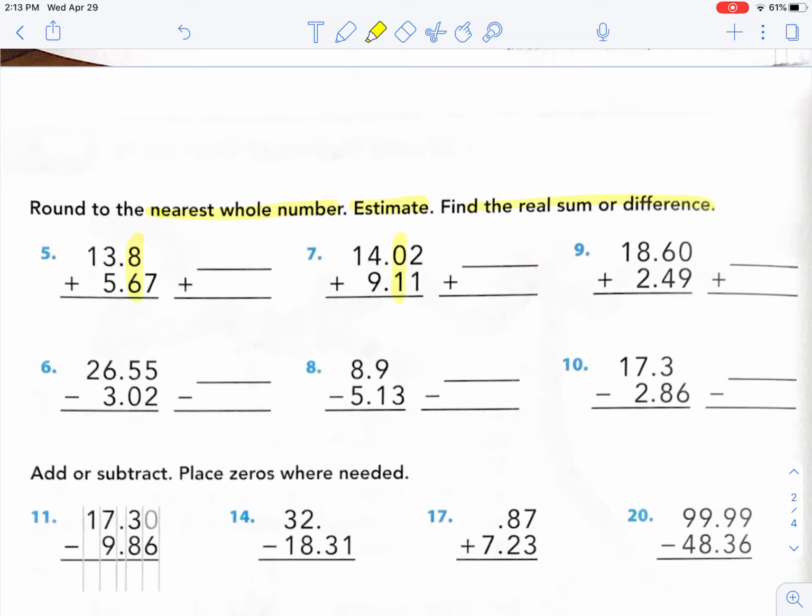Okay? Remember, our tenths place is the bossy place. Like our dimes, boss, how many dollars we have. So we just need to look at the tenths place, and the tenths are the boss of the whole number. So what's the rule? 5 and up, round up. 4 and down, round what? Down. So all we need to look at is our tenths place in all of these to see if the number goes up or down. Okay, 5 and up, round up. 13 becomes 14. 5 and up, round up. 6 becomes,